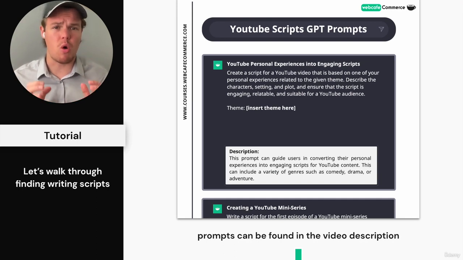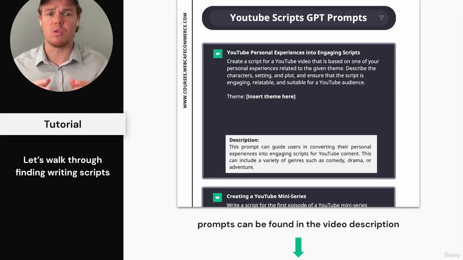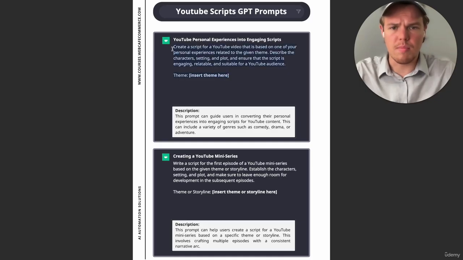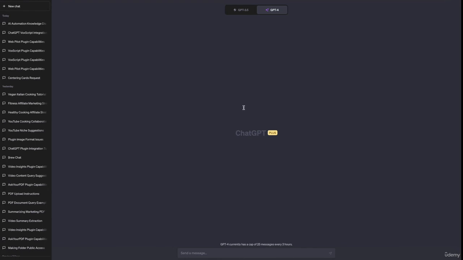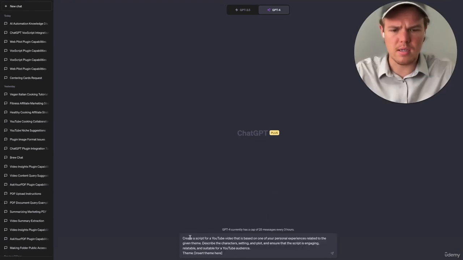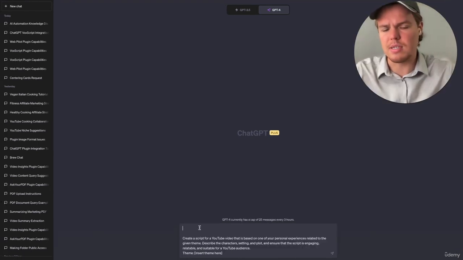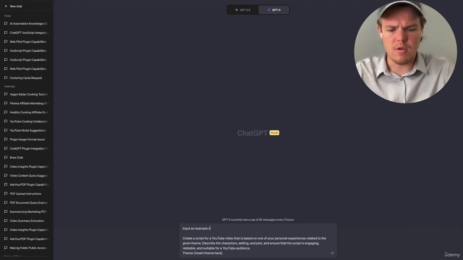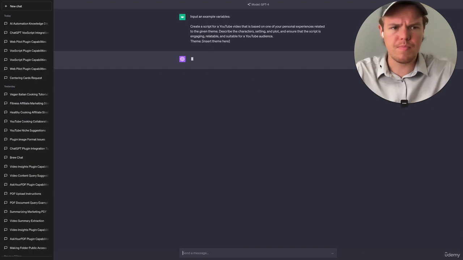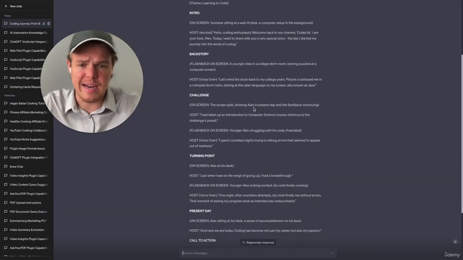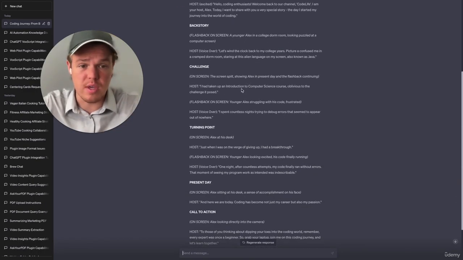But let's go ahead and jump into our first prompt here, which is going to be YouTube personal experiences into engaging scripts. Let's go ahead and just copy the prompt here, jump over to GPT. Here we're going to paste, and then let's go ahead and just have GPT input the variable input and example variable. Let's see how it wants this to be formatted. You see here, it generates kind of like an outline of how to approach the video,